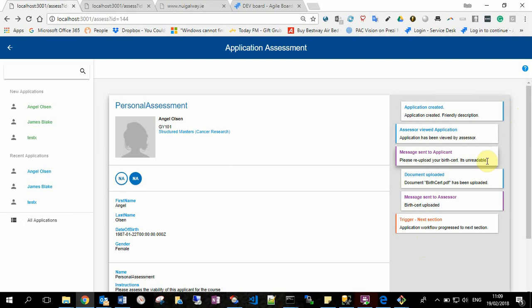It's unreadable, maybe. Okay, and at this point the right indentation showed that a new document was uploaded by the applicant, and then a message was sent back to the assessor saying, hey, I've uploaded my birth cert. And at this point the application was progressed. Okay, the previous section to this was the international office in this workflow, and then what happened was someone progressed